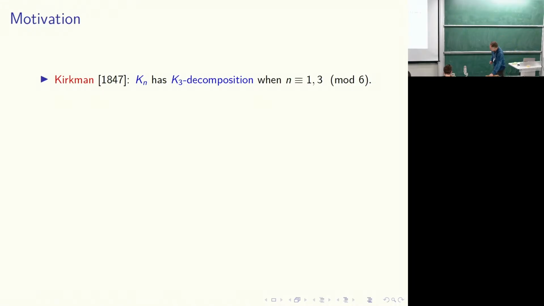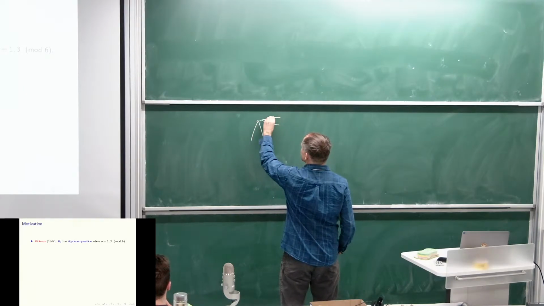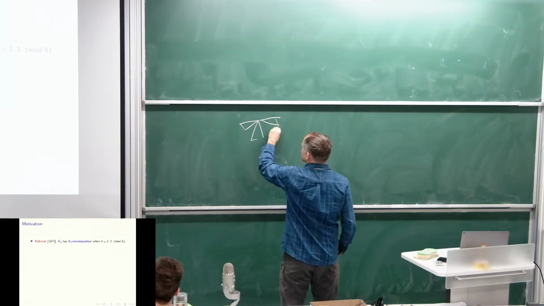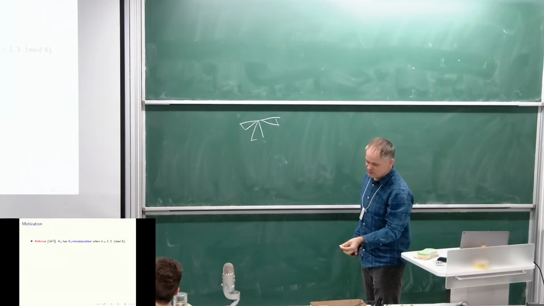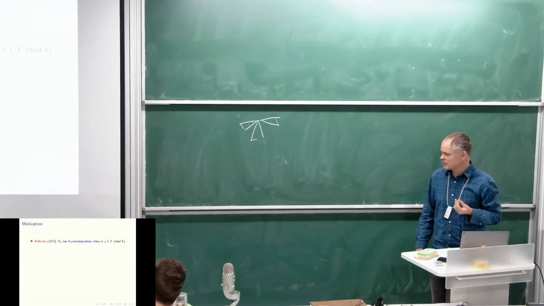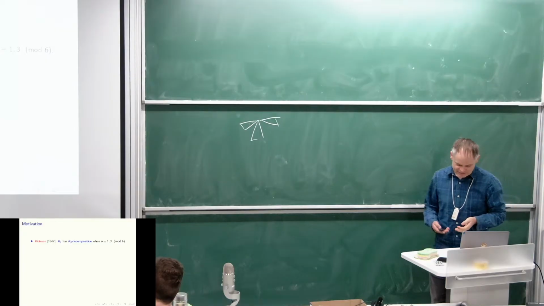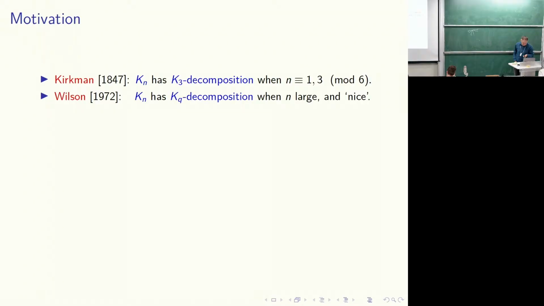One thing is that the degree of each vertex must be even, because if we have triangles sharing a vertex, then each triangle uses two edges at that vertex. The other condition is that the total number of edges of Kn should be divisible by 3, and it's easy to check that these two conditions are satisfied if and only if n is equal to 1 or 3 modulo 6. An influential work of Wilson was extending this result for